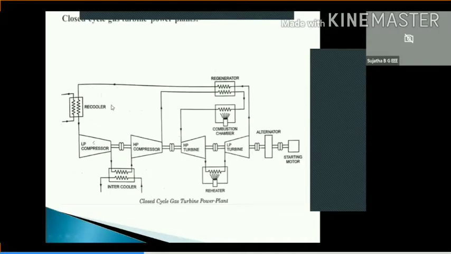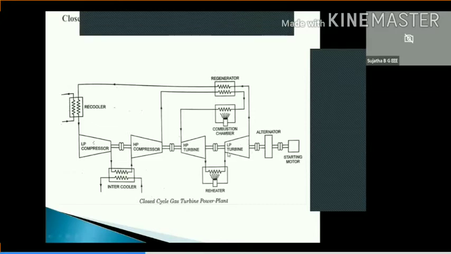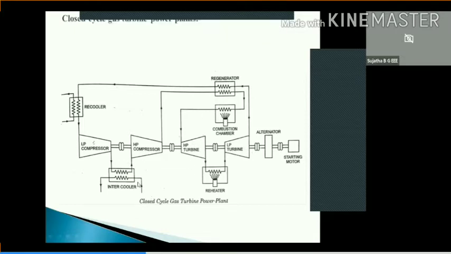Now, when we add all these components, it will form the closed cycle gas turbine power plant. Now here in the system we have a feedback path. Okay, so we have discussed till now the role of the regenerator, reheater, and intercooler. So in the feedback path, after the low pressure turbine, you know that here we have the exhaust gases coming out. Instead of directly exhausting to the atmosphere, it is made to flow through the regenerator. Some amount of heat is extracted and it is fed to the compressor.